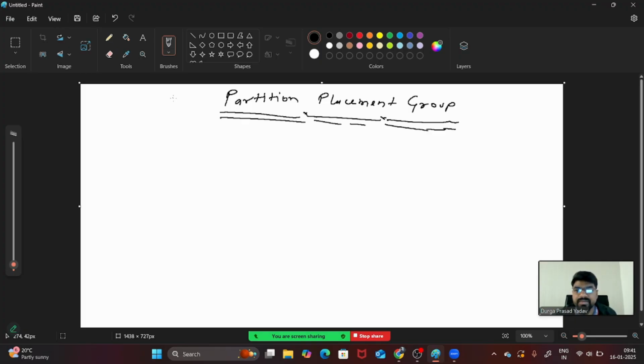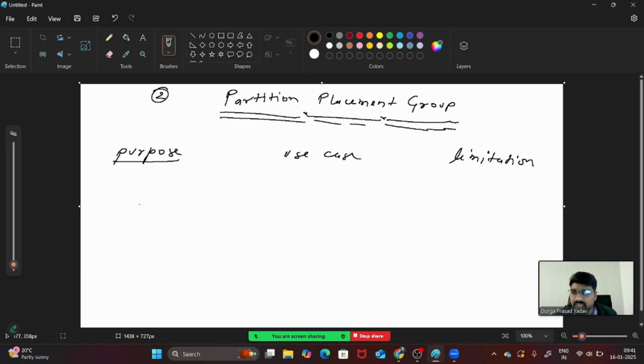Next, when we are moving up to the partition placement group, which is the second type of placement group, here we will learn the purpose, use case, and limitation, each one.